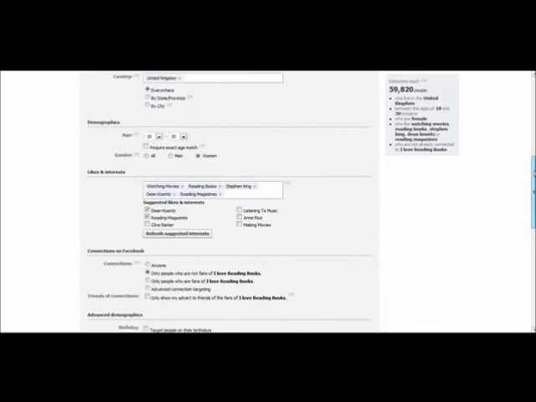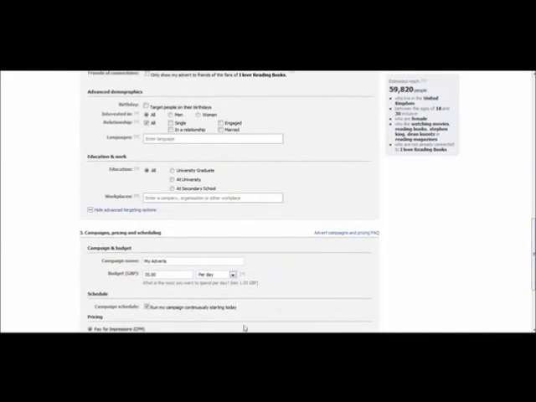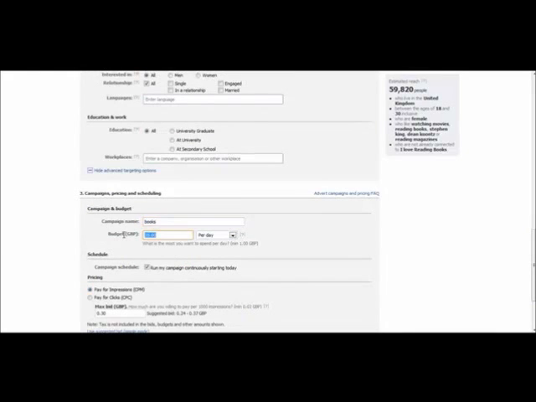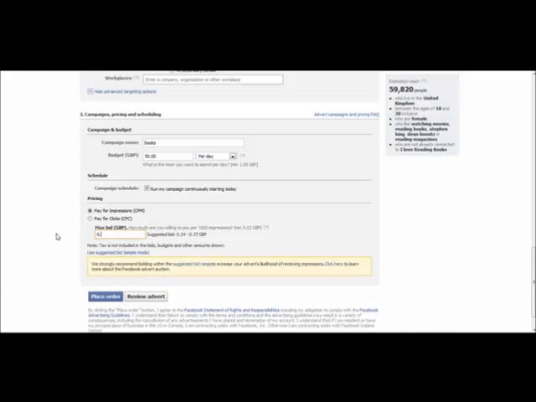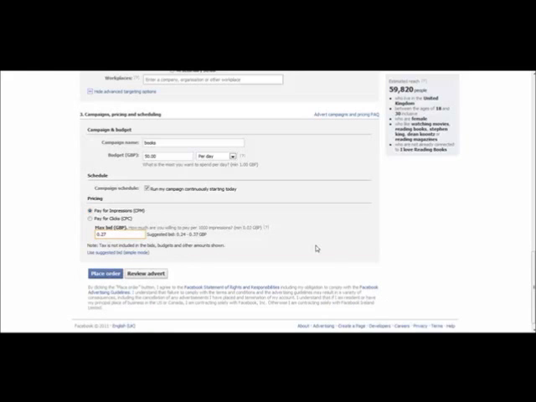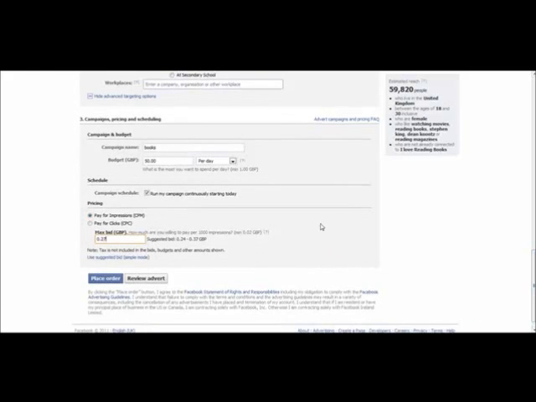Now, at this stage, what I'm going to do is create a campaign, name it books, and then just set a budget. Again, the higher budget will get you a lot of clicks, £50 per day. And again, I'm just going to go for impressions. Now, when it comes to suggested bid here, it says 0.24. Okay, so I just put down 0.27. Now, this is very important, guys.